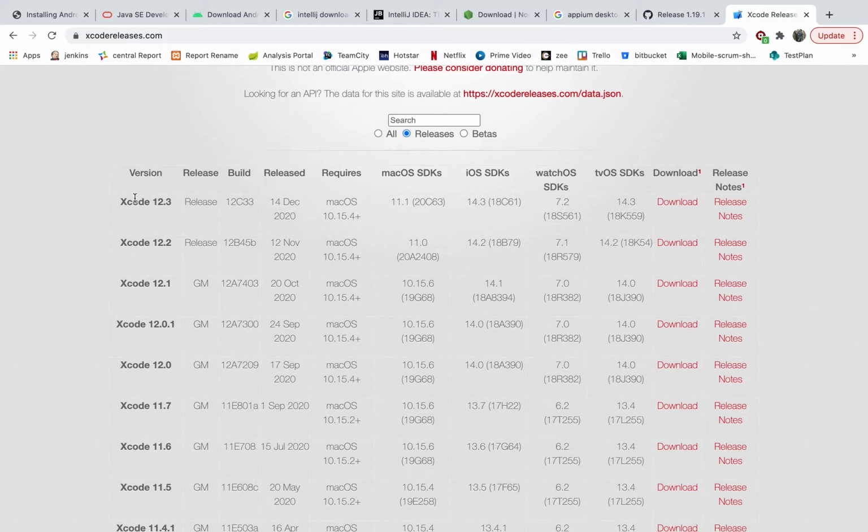So you have to check your requirements before you go for the iOS automation, on which version you have to do it. So this is the thing, guys. Again, Xcode is a very heavy one because it now takes around 11 GB to download. I already have Xcode downloaded on my machine, so I'll just open it.